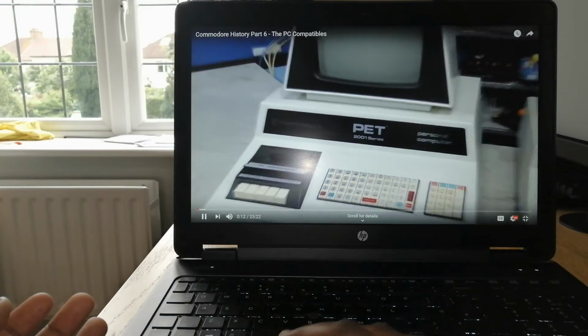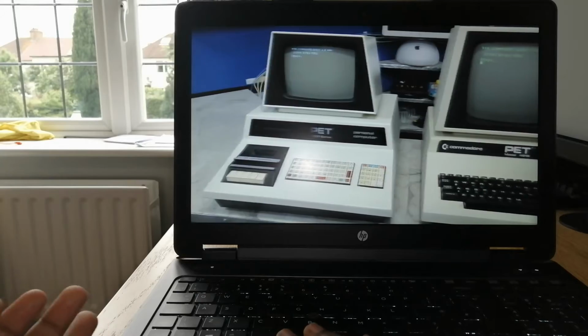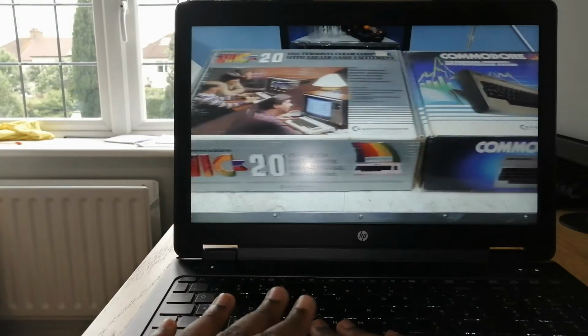is known and remembered for producing their 8-bit line of computers such as the PET, VIC-20, and most of all